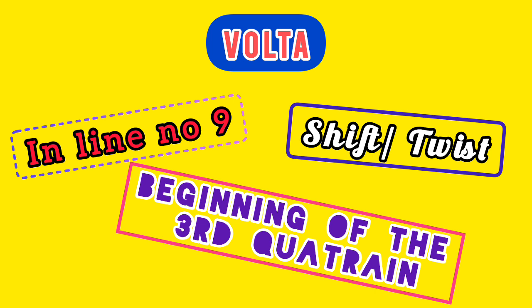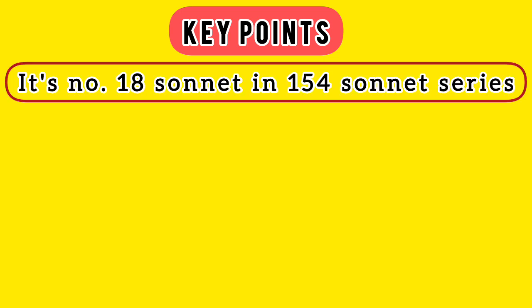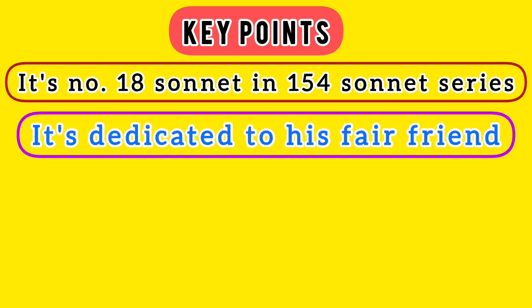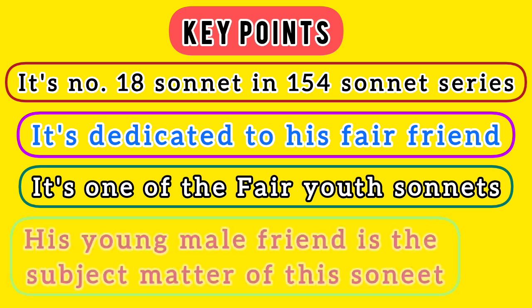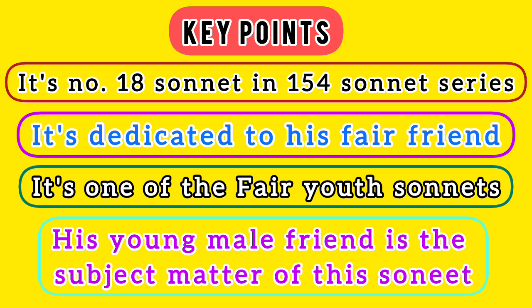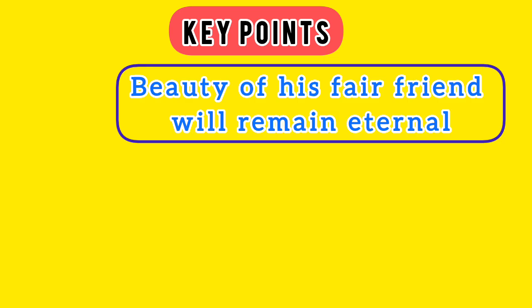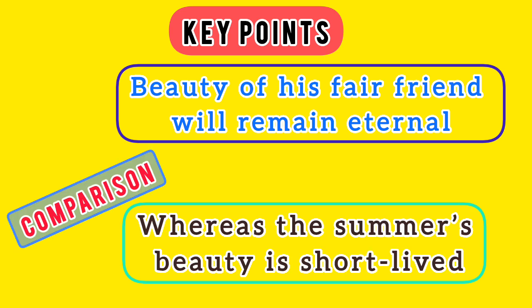Dear viewers, now let's explore some of the key points regarding sonnet number 18. So it's sonnet number 18 of Shakespeare's 154 sonnets. It is dedicated to his fair friend or male friend, and it is one of the fair youth sonnets. Then the subject matter of this sonnet is the young male friend of the poet speaker, and this poem asserts the very point that the beauty of his fair friend will remain eternal in comparison to the short lived beauty